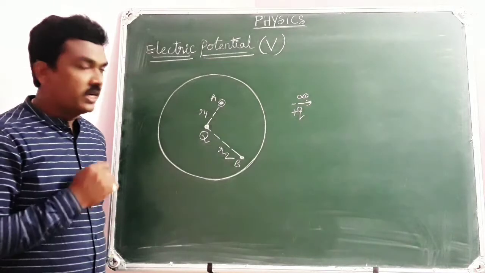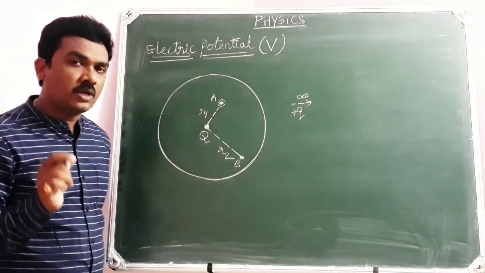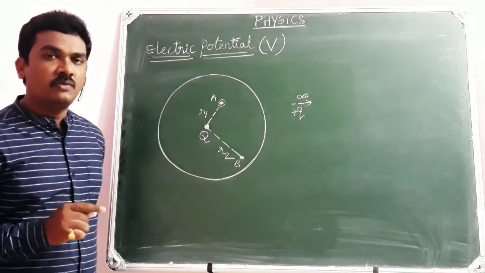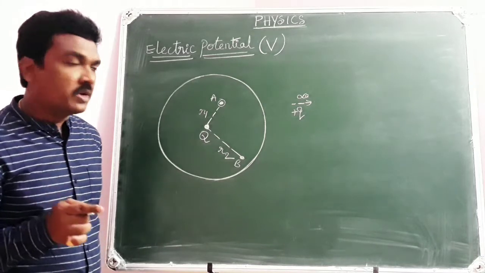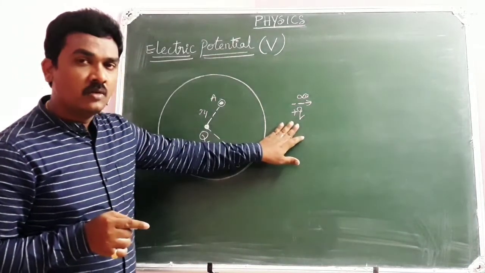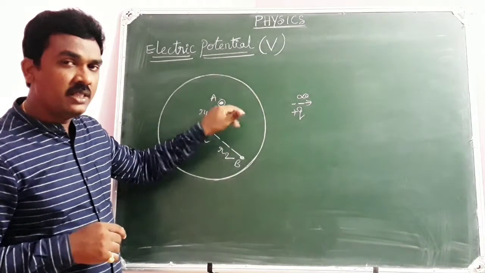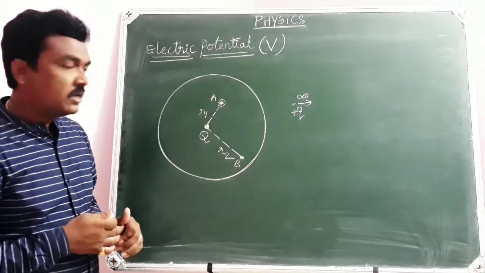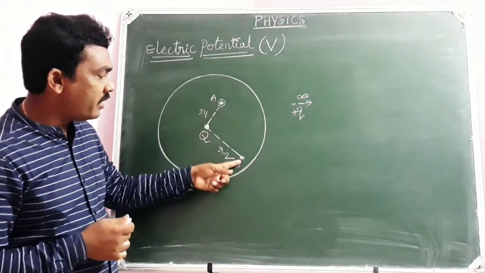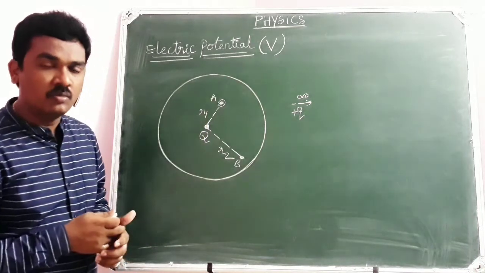Yes, look at this. So you have learned the basic concept of electric potential at a point, which explains the amount of work done to carry a test charge from a point outside the electric field to a point in the electric field. Now you can look into the figure here. I have taken two different points A and B, which are at different distances R1 and R2.